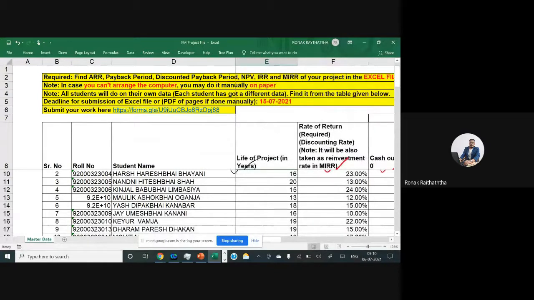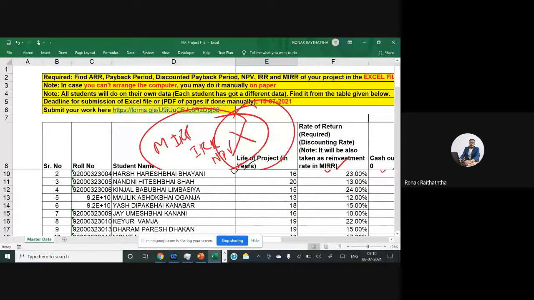And one more thing. If you are doing it in the Excel, you will not be using directly the formula of MIRR or IRR or NPV by default formulas of Excel. No. Big no for this. I am saying you that you will be using the Excel. That means you will do the manual calculations in the Excel. You will find the discounting factors. You will find the PVs. Whatever you are doing in the on paper exercise, same way you will be doing in the Excel. But yes, you may cross verify your manual answer by applying the formula of MIRR.